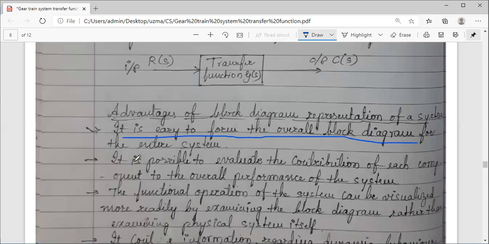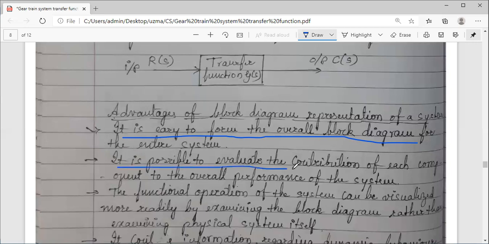We have seen in the previous sessions how we found the transfer functions of some hydraulic systems and thermal systems. It was very easy for us to find the transfer functions because we knew how those systems work. We generally know how the processing happens overall. From that processing, we found the transfer function. If you know how the system works, you can easily go for the block diagram, then for the transfer function.